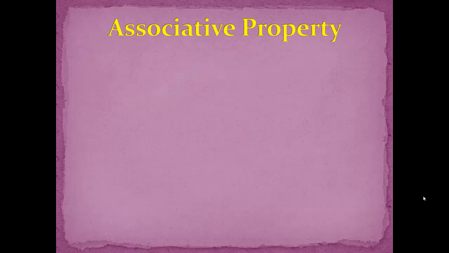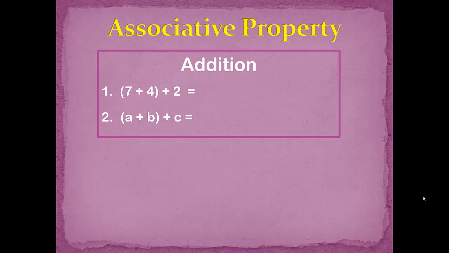Now we're going to look at the associative property. The associative property tells us that changing the grouping of addends or factors does not change the sum or product. So first we'll look at addition. So for number 1, we have the quantity 7 plus 4 and then plus 2 would be the same thing, or that would equal